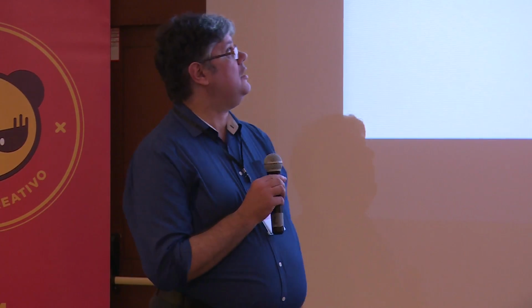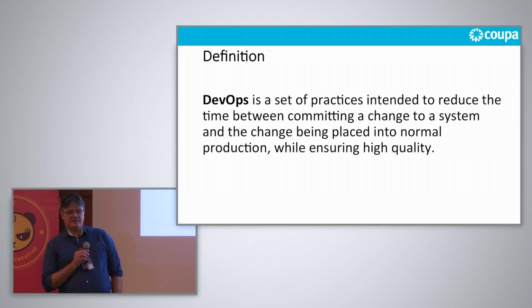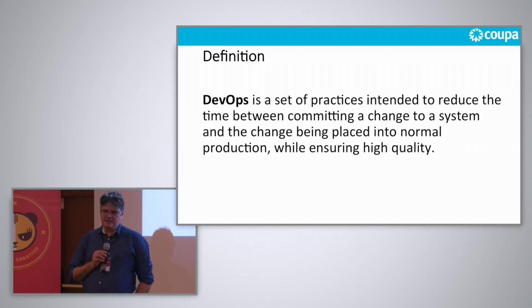The first time I heard the word DevOps was in 2008 in the USA. It was an agile conference, and it was introduced by one of the inventors of agile. The definition I like to use is a little results-focused: it is a set of practices intended to reduce the time between committing a change on the system and releasing it to production. What we mean is